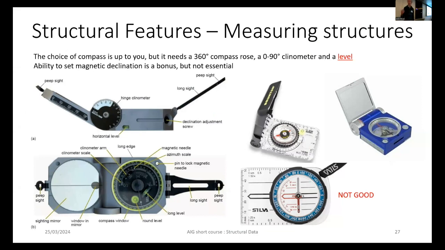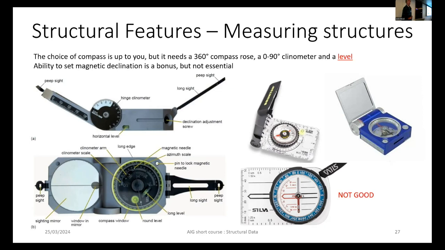Measuring, I brought some compasses here, but I didn't bring them to the top. So measuring happens with a compass, or when you're working on core, it can happen with a compass as well. Other tools, which we'll get into in a minute. We're all familiar with this, and we've all learned strike and dip measurements with a compass. But the main thing you want in a geological compass is a scale that goes from 0 to 360 for the azimuth, and then a scale that goes from 0 to 90 for the dip measurements, and